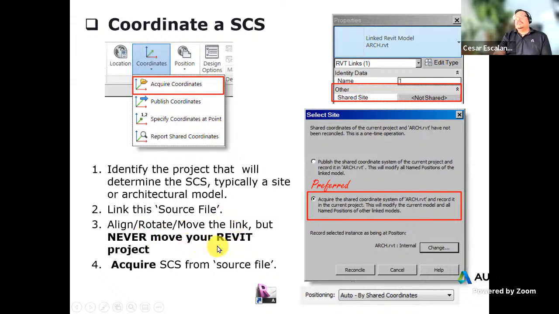What you don't want to do, if you're a consultant trying to align your model with the architect's, is grab geometry with a big window selection and then use the move command, because a lot of the Revit geometry